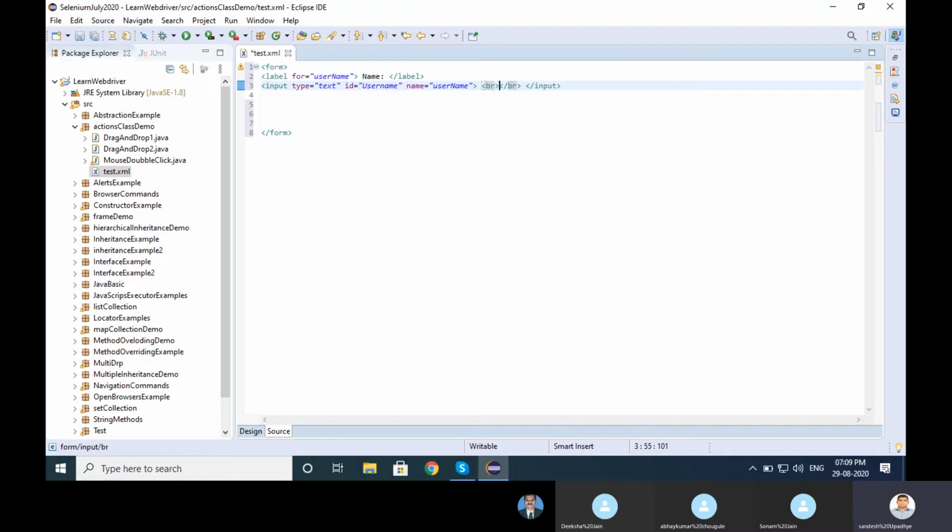So BR means break the line. Input type text, ID is equal to username, name is equal to username, and the BR.